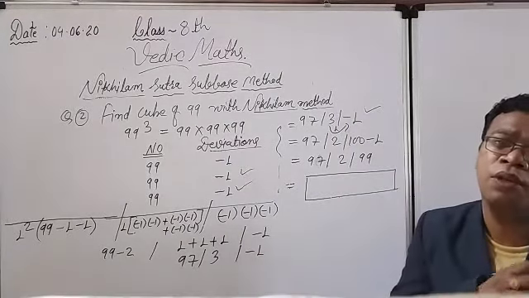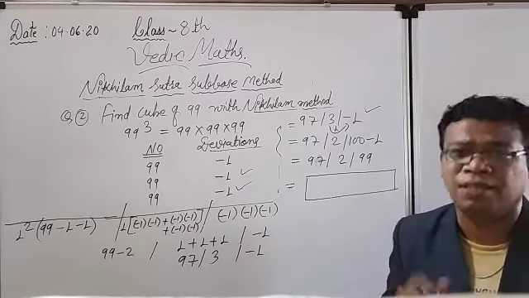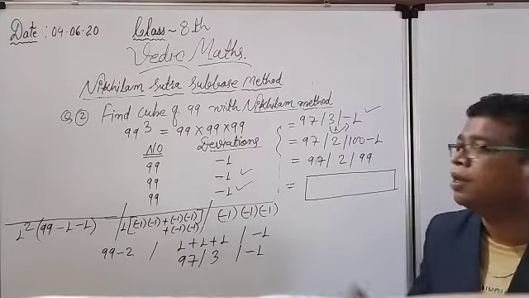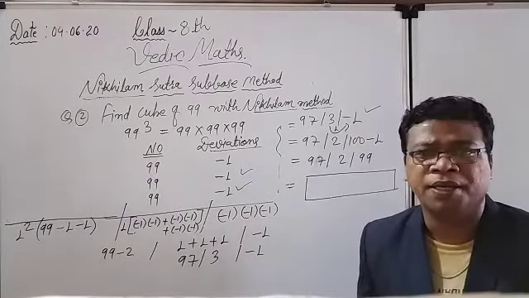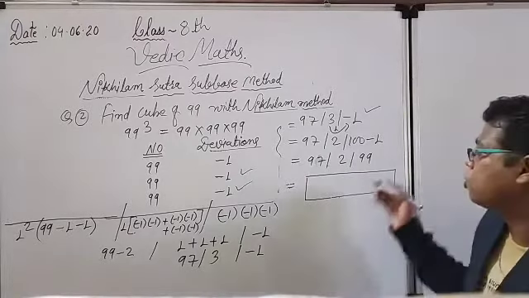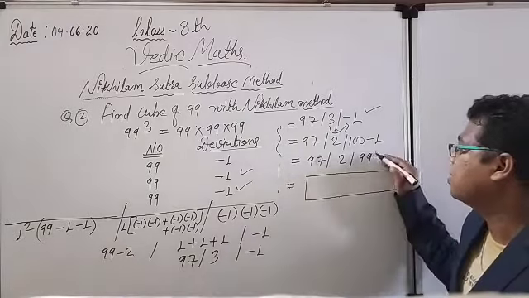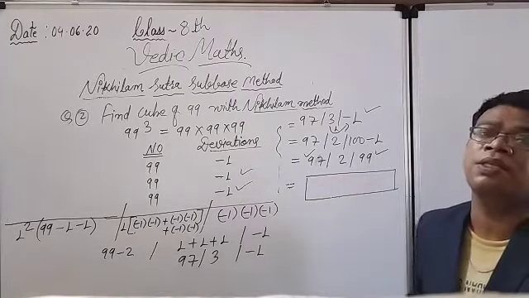Actually I have told you we have to take two digits from every section, because the base we have considered is 100, and in the 100 base there are actually 2 zeros. So see, each should be two digits. This is okay, 99. This is also okay, 97. But you can see 2 is a single digit.